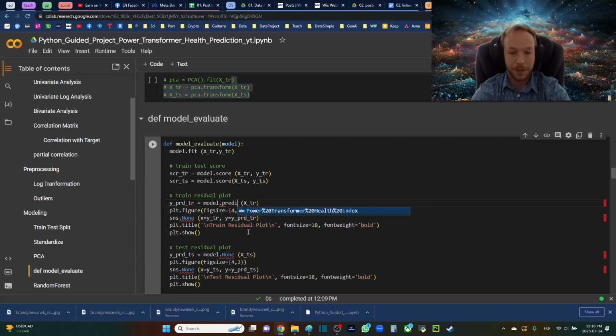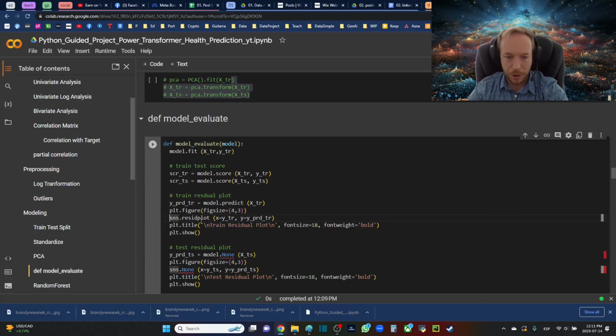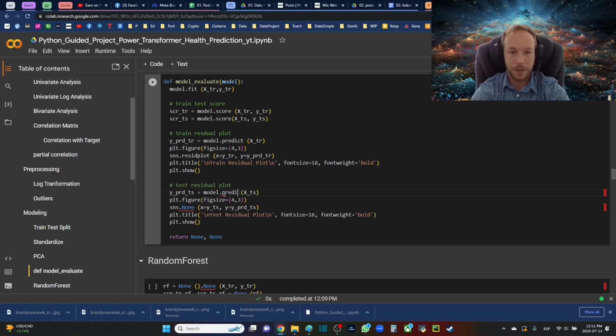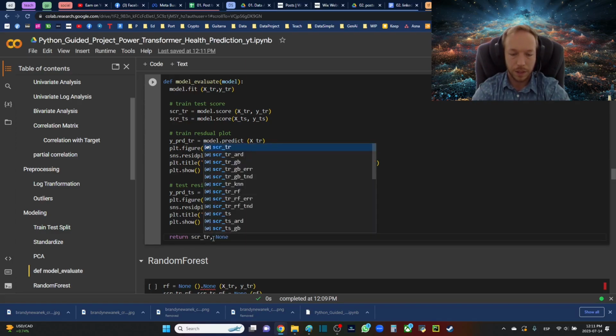Then we're going to predict on our X train and plot that. So we're going to make a resid plot right here. And then we're going to do a title, and then we're going to show. We're going to do that for train data. Then we're going to predict again and do a residual plot on our test data. And then we're going to make sure that we return score train, comma,